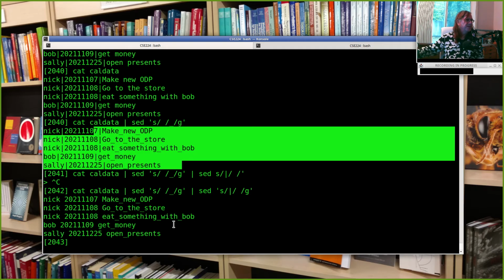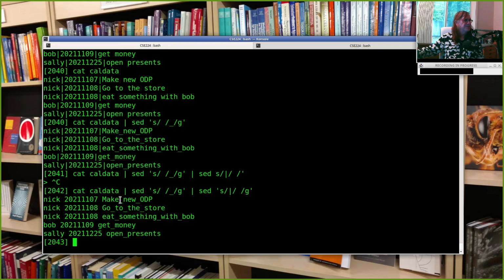And now I've got my calendar file in a totally different format. I have 3 fields separated by spaces, and I have no spaces anywhere else. All of these spaces have been turned into underscores. And I could take this, and if I'm looking for appointments made on the 8th, I could pipe it into